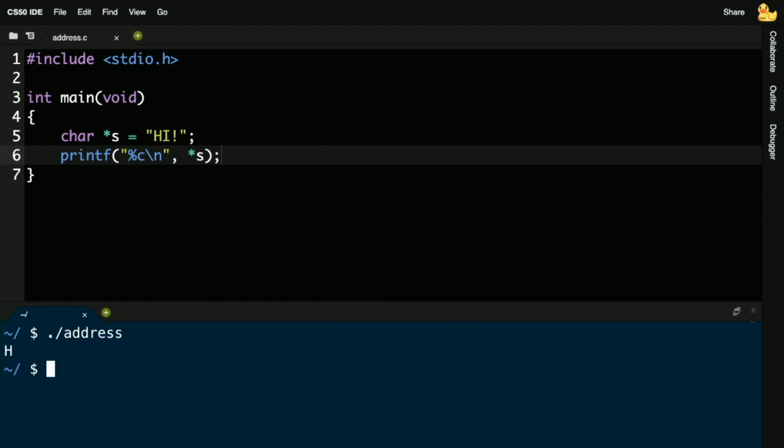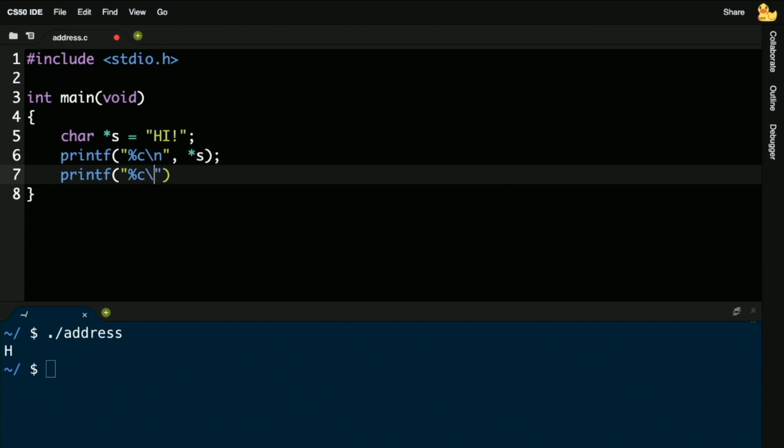But watch this. If I know that s, a string, is technically just an address, I can actually now do math on it. And I can go ahead and print out another character followed by a new line. And I can go to, not s, but how about s plus 1? So I can do some very simple arithmetic, if you will, on that pointer.